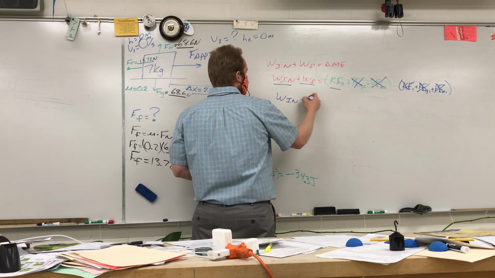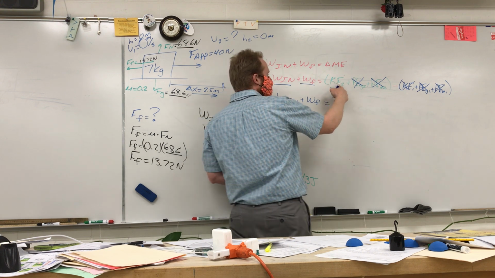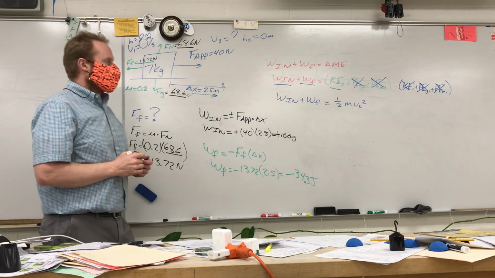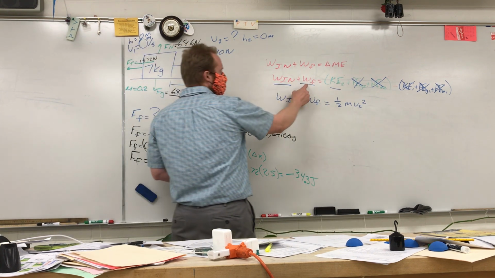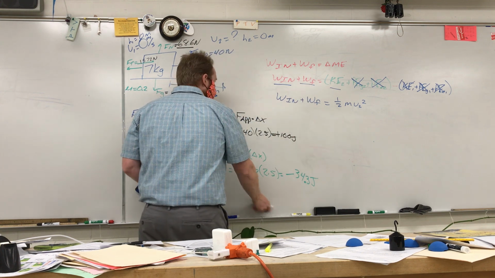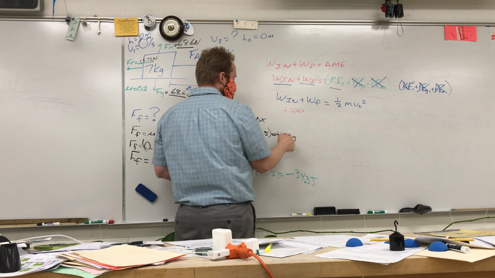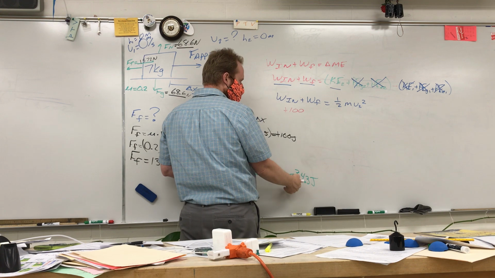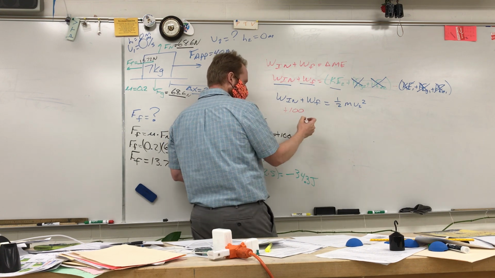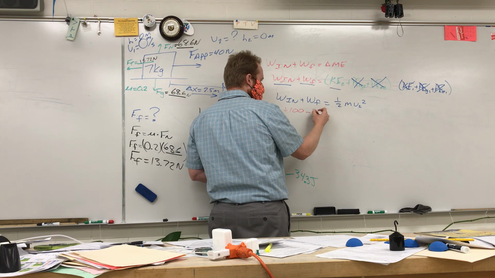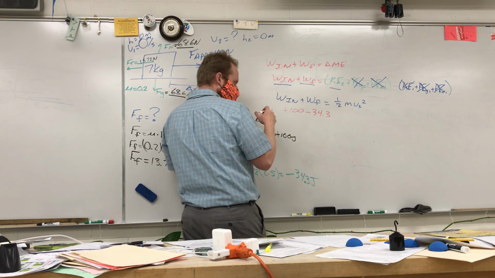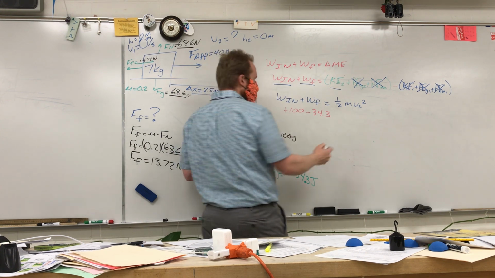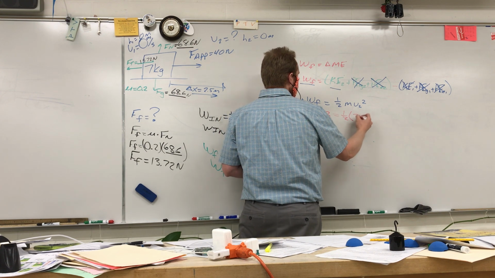Work in plus work done by friction is equal to KE2, which I'm gonna expand out before I plug in numbers. So it's pretty similar to last time, except for now this exists. Plug in my work in that we already calculated, positive 100. I'm gonna add a negative. So are you guys okay with me just saying add a negative? I can just say minus 34.3? Or would you rather have me go plus parentheses minus 34.3? No, minus is good. Okay. Is equal to 1/2 our mass,